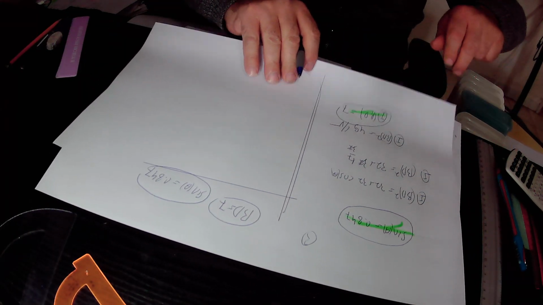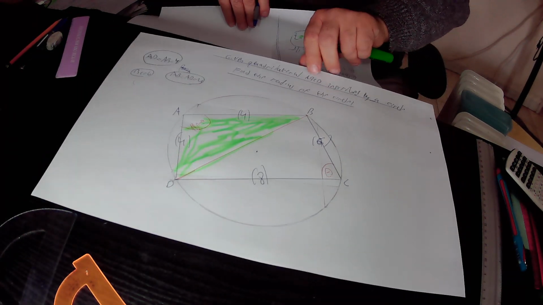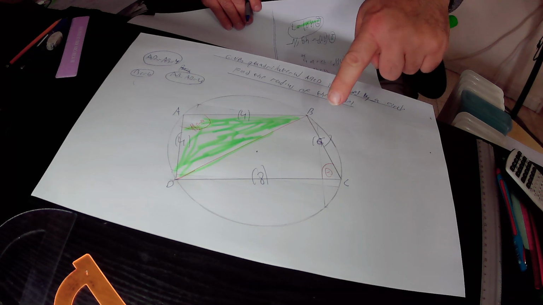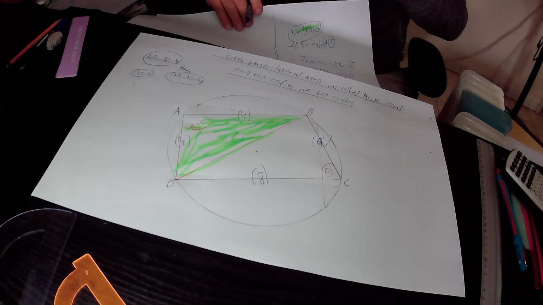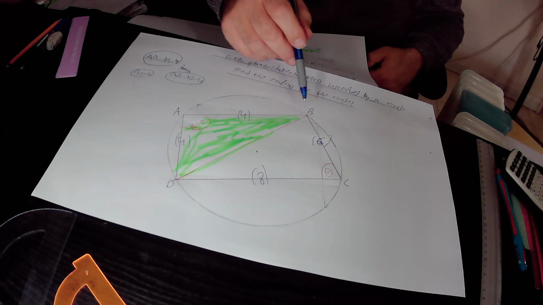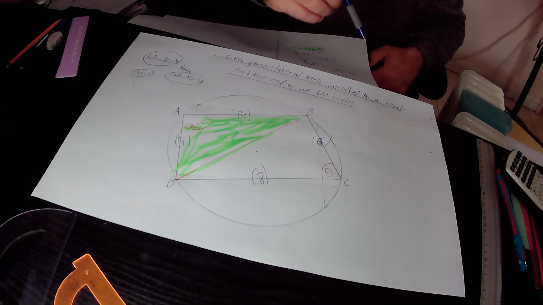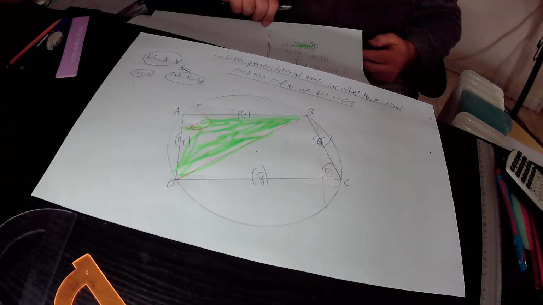So in the next step, we will implement the law of sines in this lower triangle BDC. And again, we will implement the law of sines in this triangle BDC. So if we click on the law of sines,